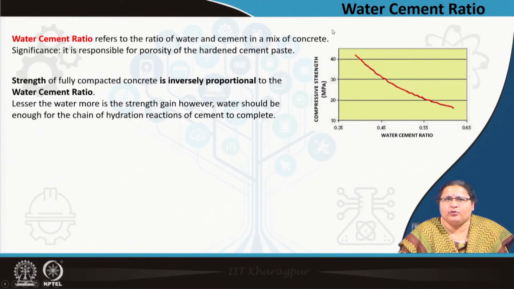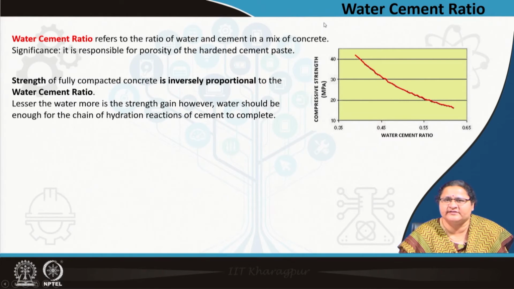But practically what will happen? The concrete will be very hard. Hard means it cannot move through the reinforcement as I have told, and this also you can only work in a controlled environment. Ideally you can mix it, but what will happen, the complete hydration of cement may not be possible. So, ideally it is possible to get complete hydration with 0.36 as water cement ratio, and you can gain a